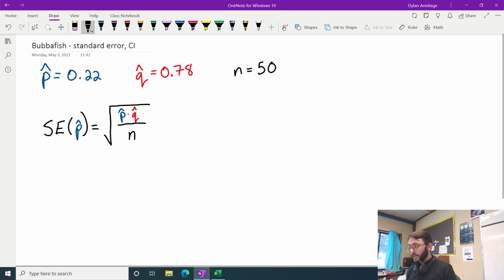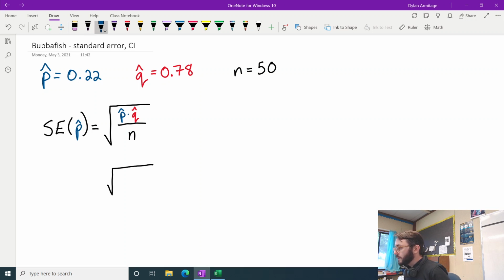So in my particular case, of course, your numbers will most likely be different, we can just substitute them in. So we have 0.22 times 0.78 divided by 50. Okay. And if I calculate that out,